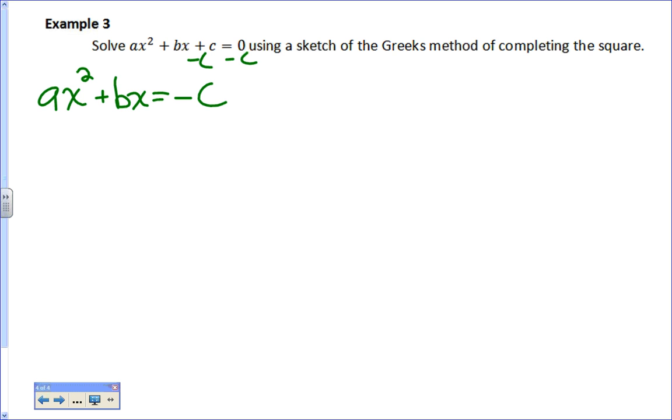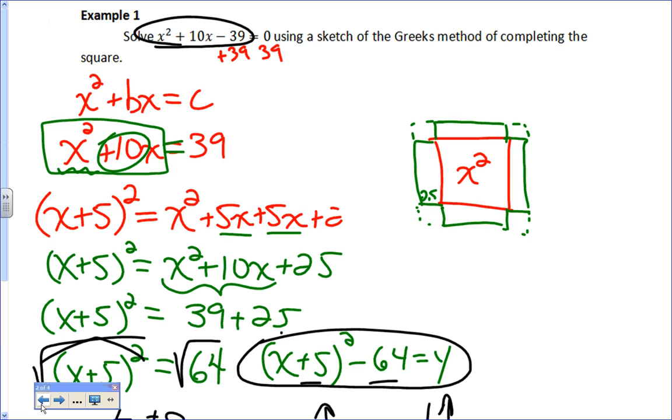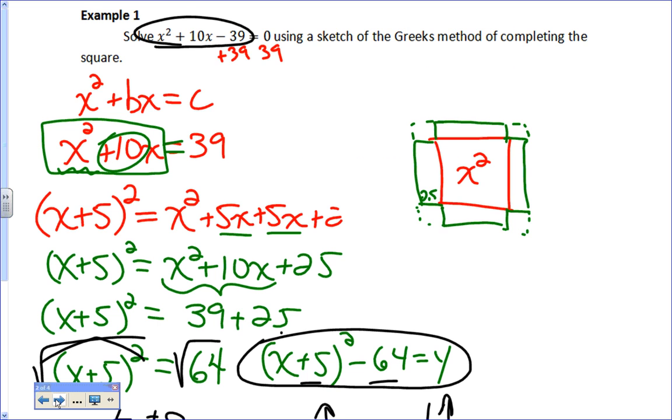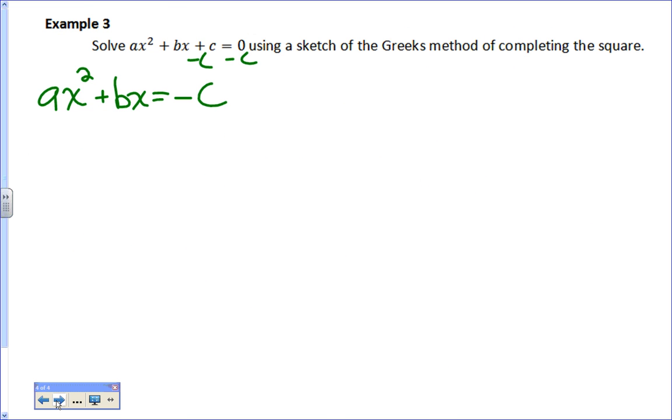One slight change. Because you notice they were very particular in form A, correct? So look at form A here at the beginning. They were very particular about something. Yes? Yeah, there's no coefficient on the quadratic term, right? And they were very specific in that big paragraph they wrote too, that it just said a squared, not 2 times a squared, it was a square. And so this is what we have to take care of now, which means we need to get rid of the a. Now, we wish we could just say a is 1. That would be great. But we're trying to solve every possibility here. And so we're going to divide everything